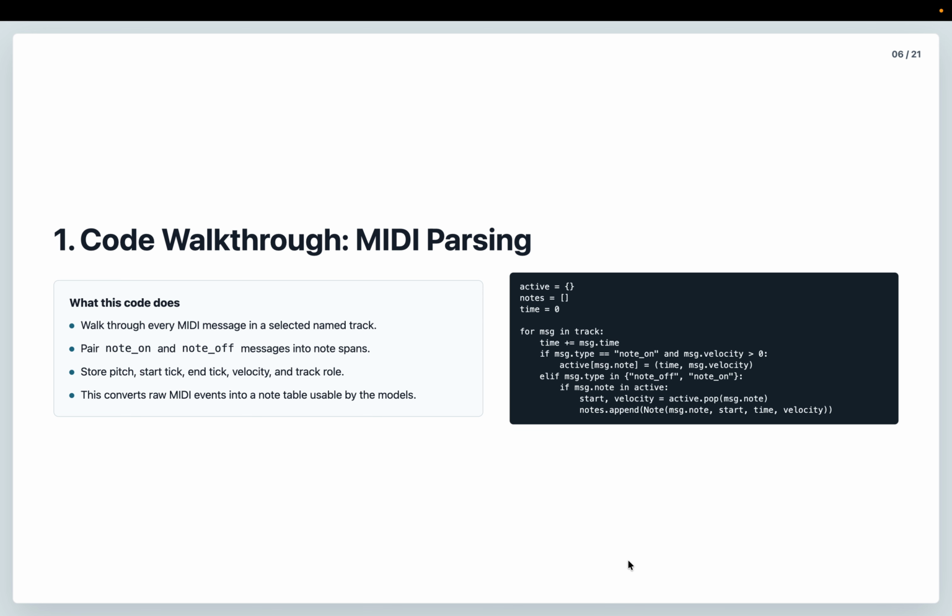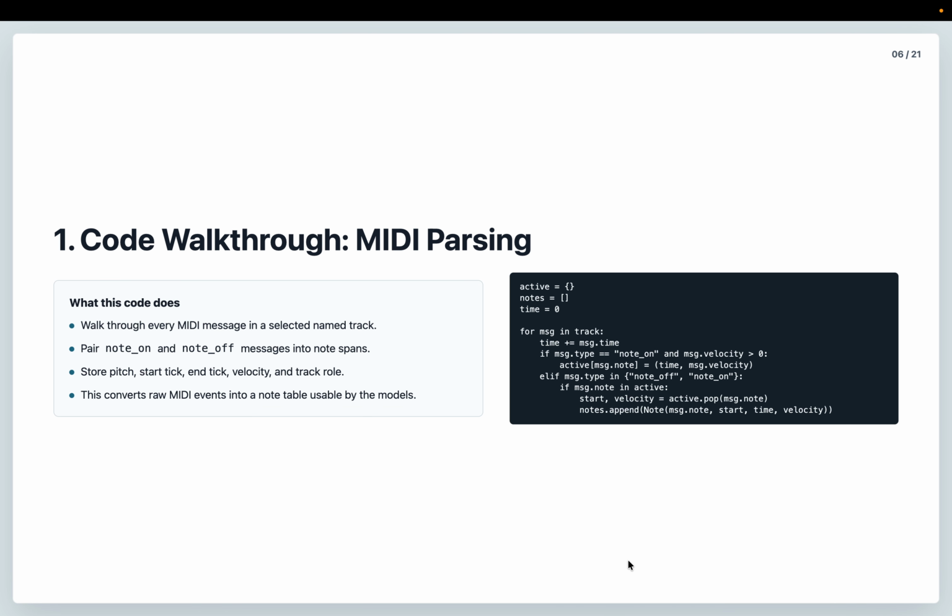This step is important because every later stage, including quantization, chord grouping, melody conditioning, and MIDI rendering, depends on having accurate note spans. If this parser is wrong, the model may learn impossible durations or miss simultaneous notes.